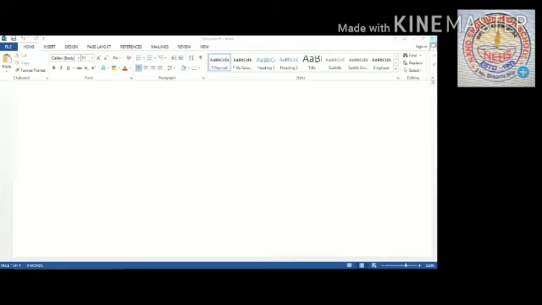Let's recap what we have done in our previous class. Children, in our previous class we have done MS Office. MS Office is a desktop application that is designed specifically to be used for office or business use, a proprietary product of Microsoft Corporation. It was released in 1990. It mainly consists of 4 components: MS Word, MS Excel, MS Access and MS PowerPoint.